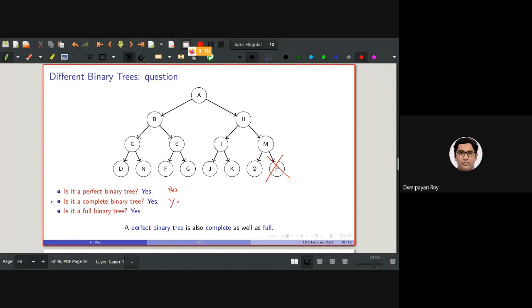And is it a full binary tree? No, sir, because M has one child. What is the criteria for being a full binary tree? Either 0 or 2 children. Correct. So it is not actually a full binary tree.